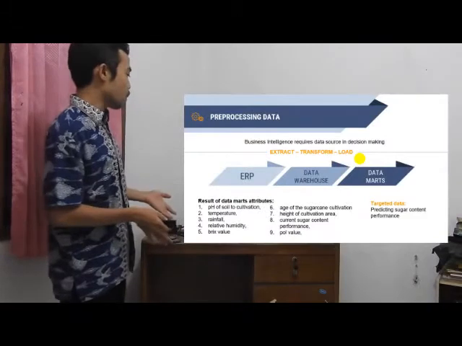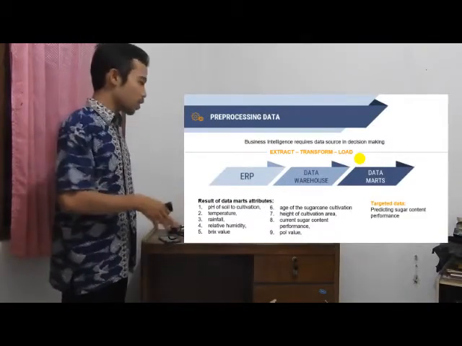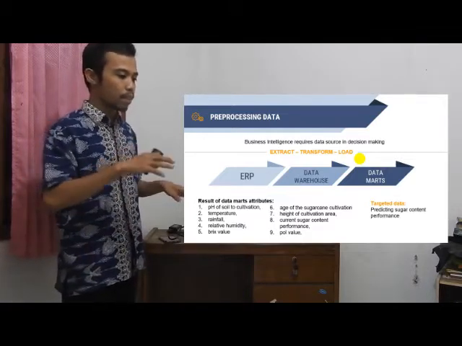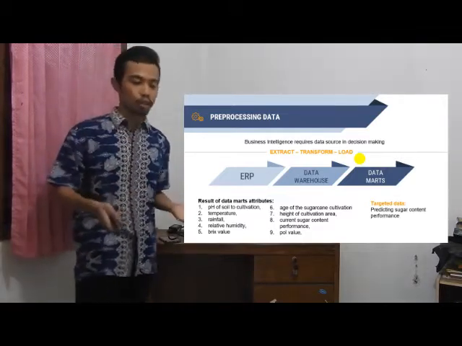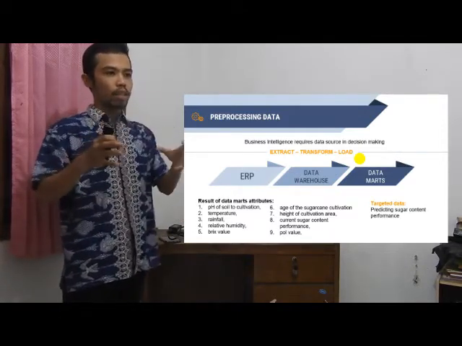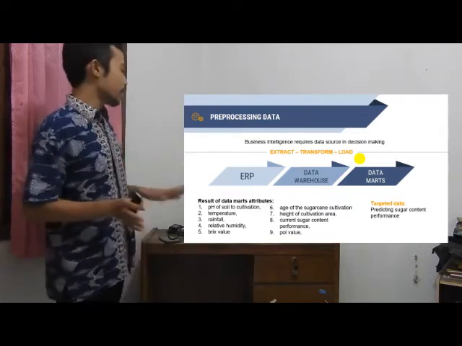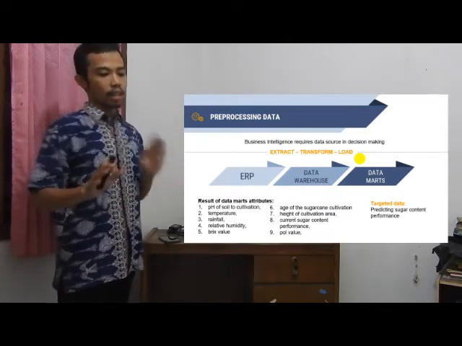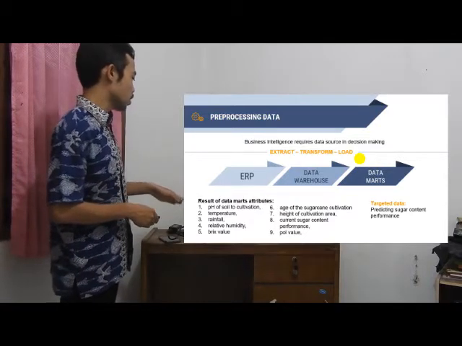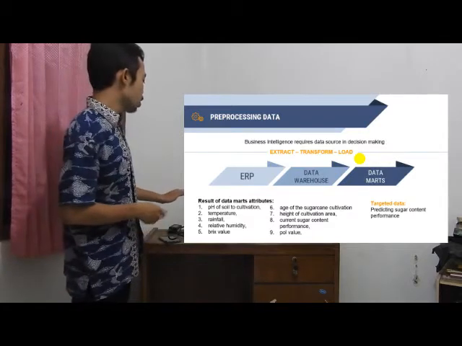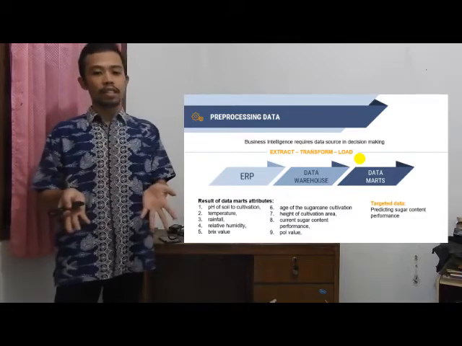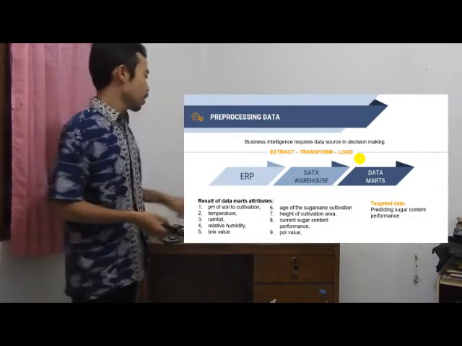The first one, we do pre-processing data, that we collected data firstly from the ERP, and then we make data warehouse from the many source of the ERP. We make data warehouse that related to the sugar content, and then we extract, transform, and load, and we got data marts. In data marts, after we selected from many attributes, then we define 9 attributes from the pH, temperature, rainfall, and also age of sugar cultivation, and the targeted data that we want to know, that is the sugar